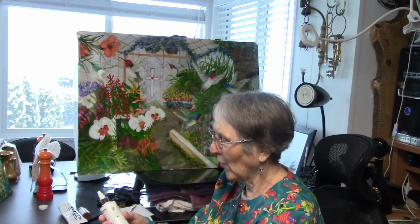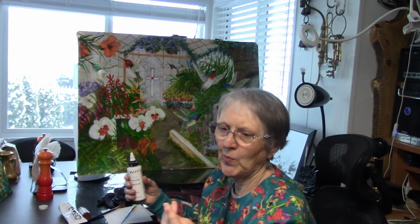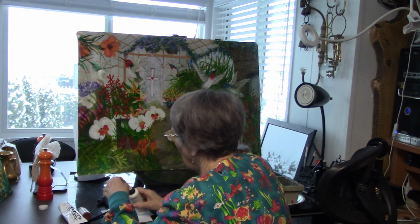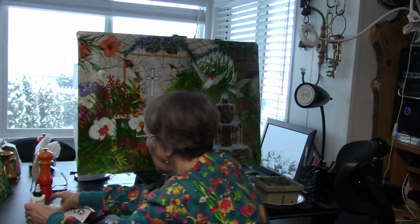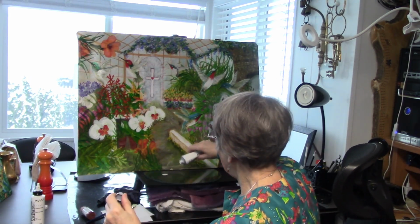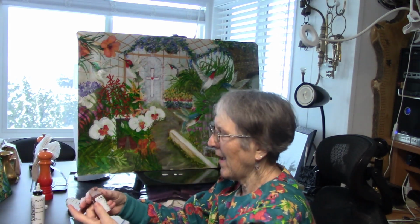I have some Golden, this is Titanium White, and it's a fluid type paint. I have trouble opening the big tubes. I'm using up all my tubes, but I have trouble opening them. There. We'll put a bit of white. We're not going to need a lot of paint, I don't think. And I'm also going to put some of the tube. I have a tube of titanium. I'm not sure what it's called, but anyway, it is Golden because it will withstand all the sunlight. And then here I have some,